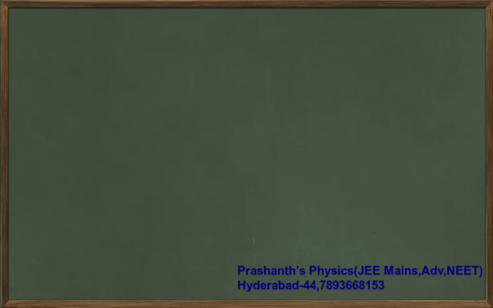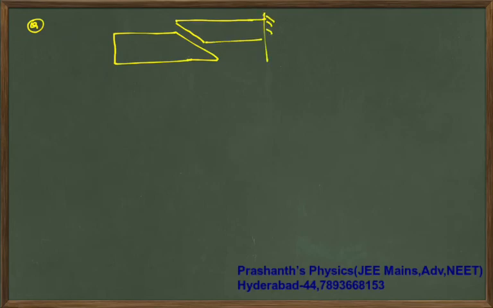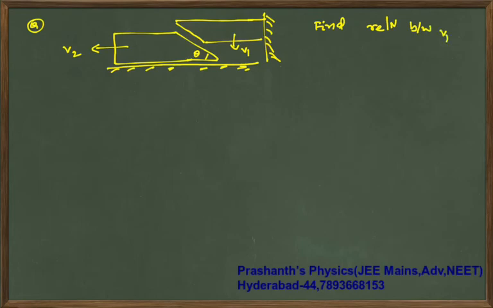So your next part is, you will have two wedges like this. Upon this there is some random rod like this. While this is coming downwards with some V1, this is moving with some V2, this angle is theta. The question is, find the relation between V1 and V2. If the relation between velocities is known, if you differentiate, you will get the relation between accelerations automatically. So come on, give it a try.